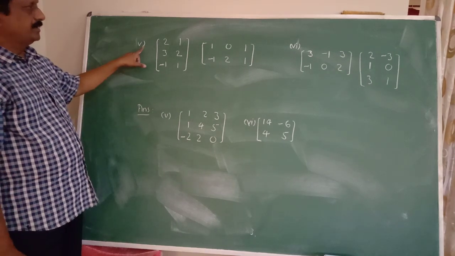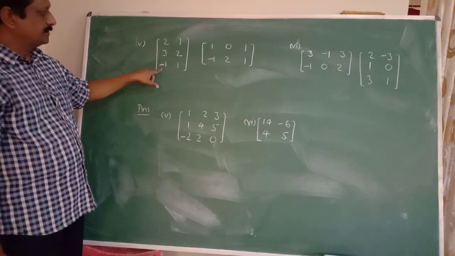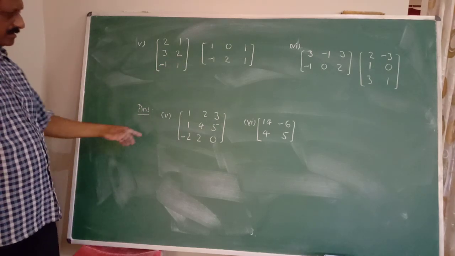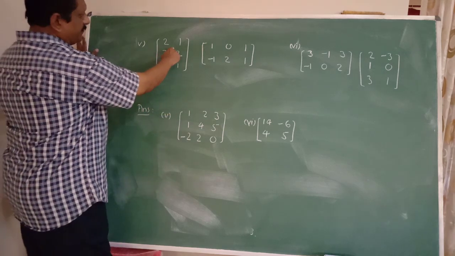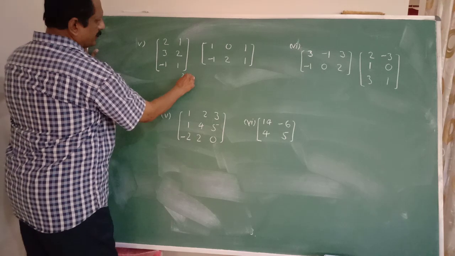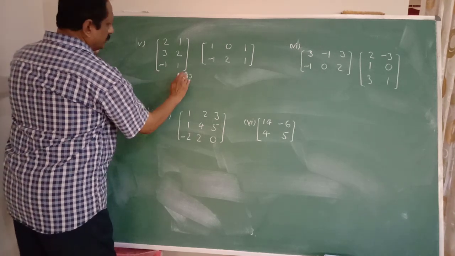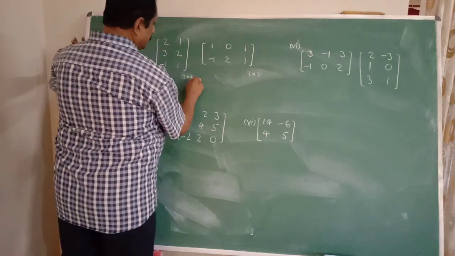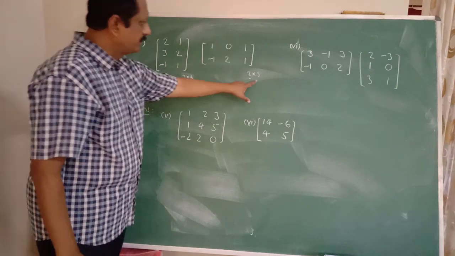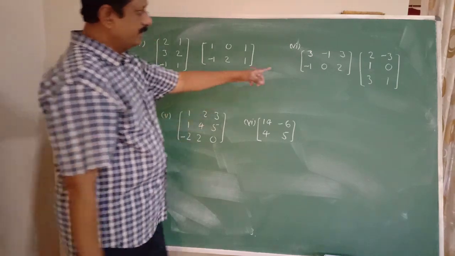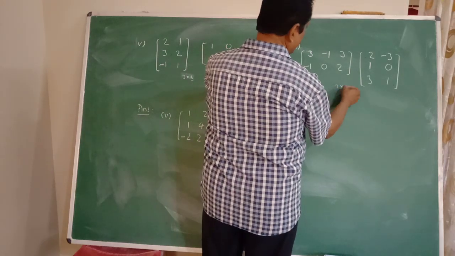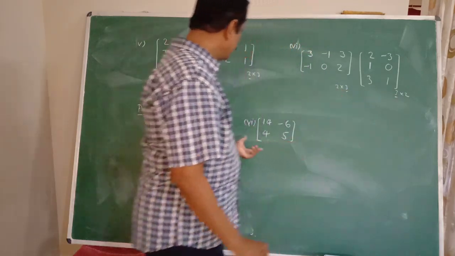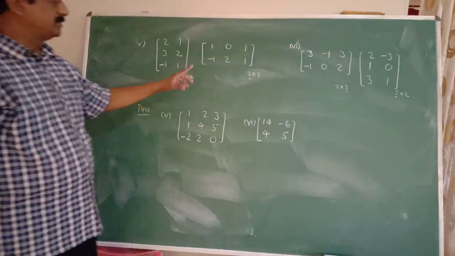Okay, here the fifth and sixth examples are there. Just take the previous example and multiply the given matrices. So take these two examples for homework. These are the answers. Here it is a matrix of order 2 into 3, and the other is of order 3 into 2. Here these two are the same. After multiplication you will get a matrix of order 3 into 3. In this one, the first matrix is of order 2 into 3 and its second is of order 3 into 2. Here these two are the same. After multiplication you will get a 2 into 2 matrix. So these two are the answers for these two examples.